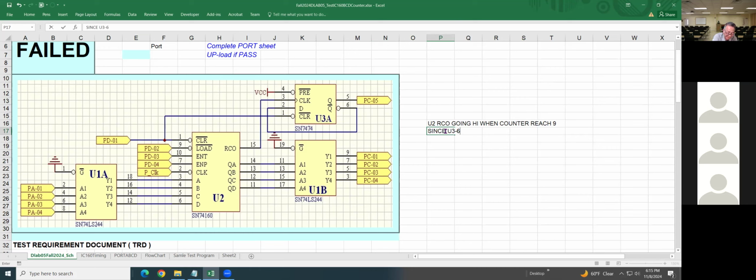U3 pin 6 connects to U3 pin 2. It will toggle